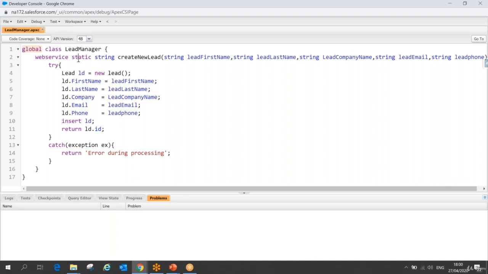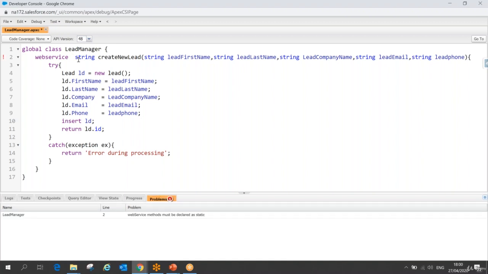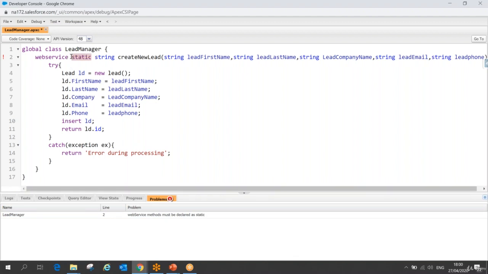If I don't keep it static and try to save it, it's not correct. Okay, so your method should be static. You can see the compilation error: web service method must be declared as static method. Simply you can see here.